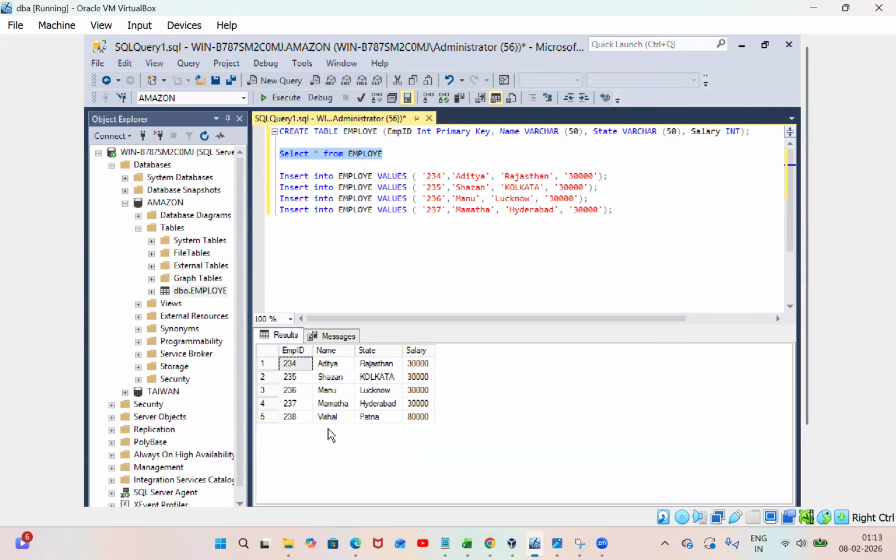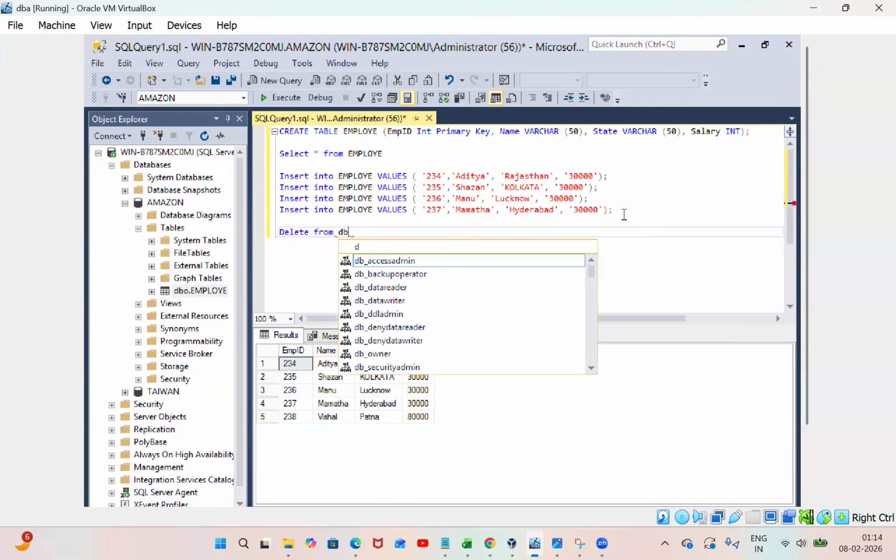Okay, here the values data has been added. So in this way we create the tables. Now, next, if we want to delete a row from a table, how can we delete it? A row from the table, any row if you want to delete, we need to give delete